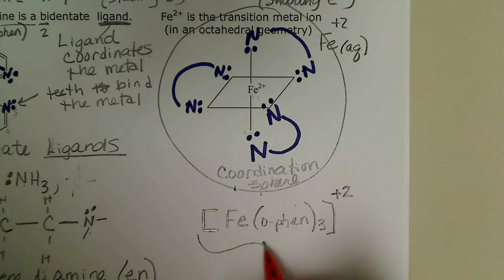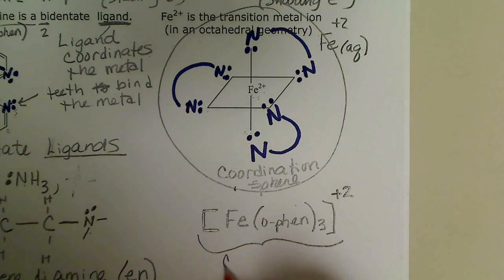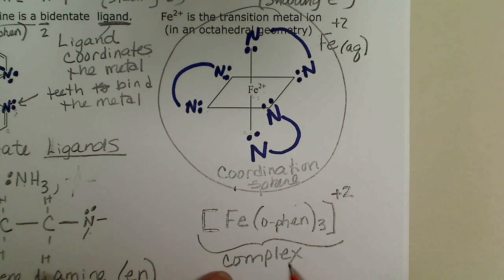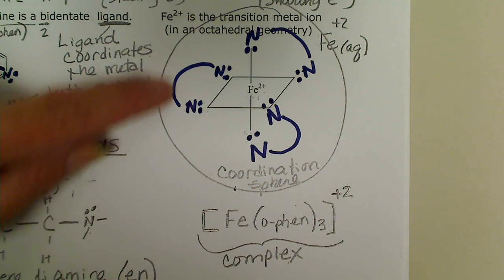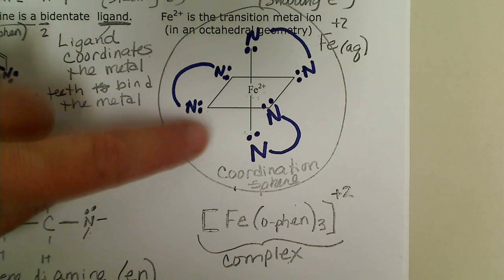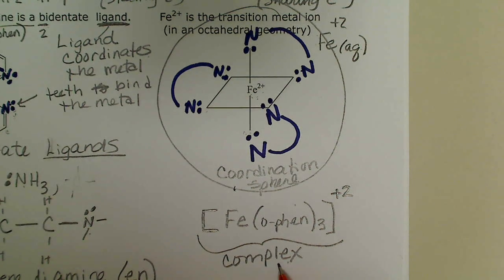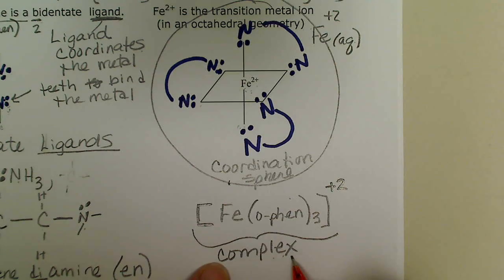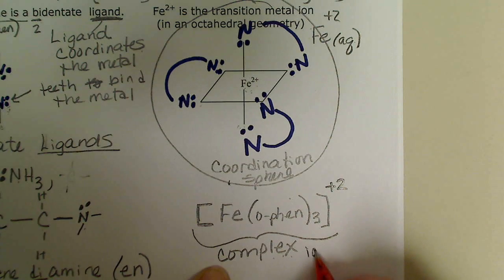So this here would be called the complex ion because it has a charge, and complex meaning this is actually the complex, not complicated complex, but like an apartment complex, I suppose. So this is the complex ion,